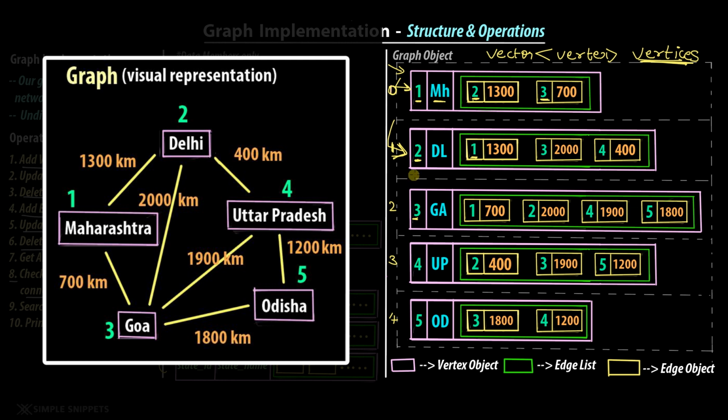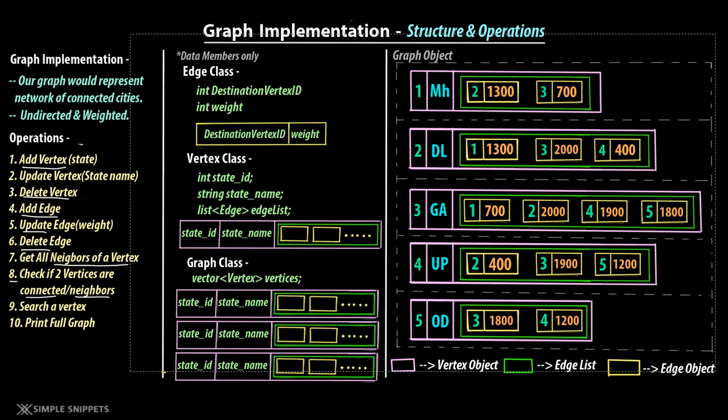Okay. So this, my friends, is the entire graph structure that we will be coding, and this is how it would look logically and practically when you actually write the program. If it's still a little confusing, you can pause this screen or take a screenshot and go through these individual classes, because these are the classes that we're going to create. I've also represented how they look, and then you can check out this graph object. I've also shown what is what. The pink container is a vertex object, the green container is the edge list of that particular vertex object, and the yellow container is actually a particular edge, correct? And they are all stacked up.